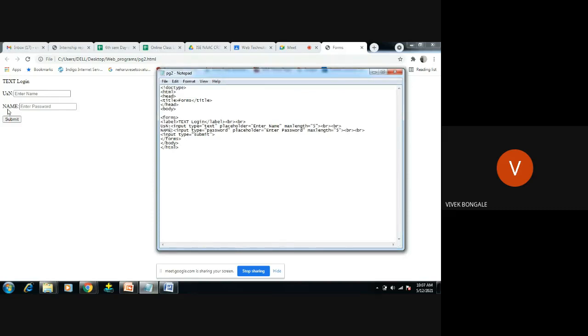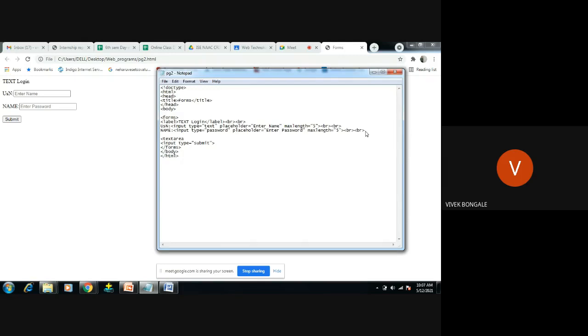Now below this I want to create a text area. Text area means 500 words, some space to write some content. For that we have to use text area. This is the element you're going to use. Text area, followed with placeholder.